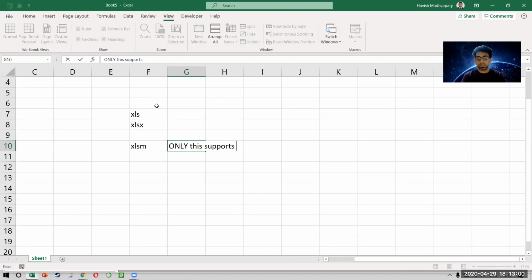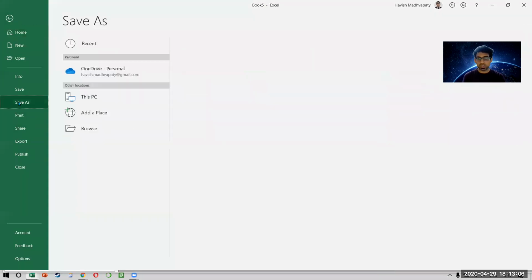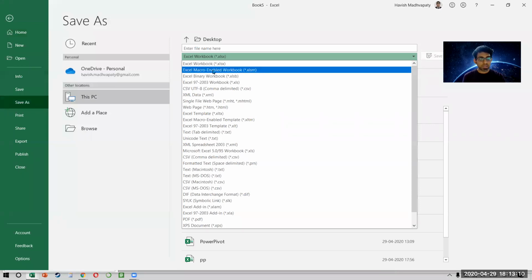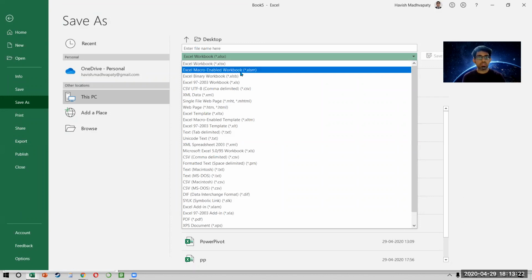This is very important. So when I save my file on my desktop, File and then Save As, you notice I will not choose my first option, which says Excel Workbook. I will choose my second one, which says Macro-Enabled Workbook. If you do not save it as a macro-enabled workbook, then in an XLSX file, all your macros will automatically get deleted. So this is mandatory. You don't have a choice here, right? You have to choose XLSM.